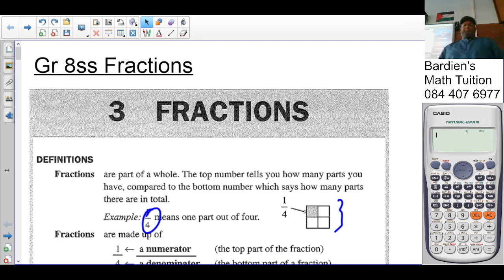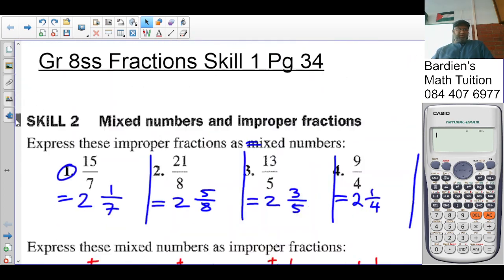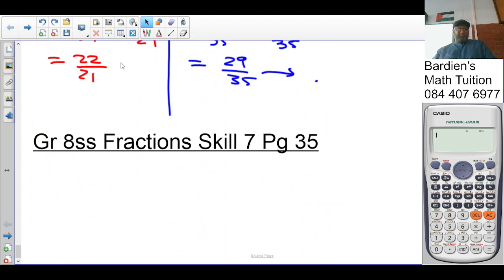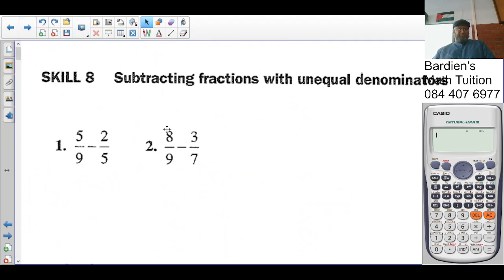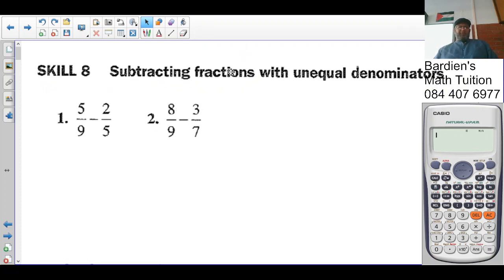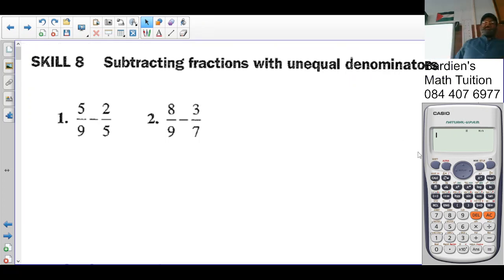Good morning, class. So at this point we're looking at fractions. We are on skill 8. Is that correct? So yesterday, or in the previous lesson, we did skill 7, adding fractions with